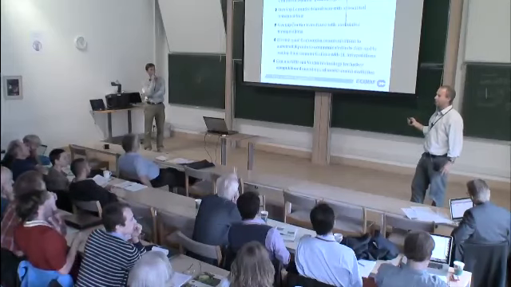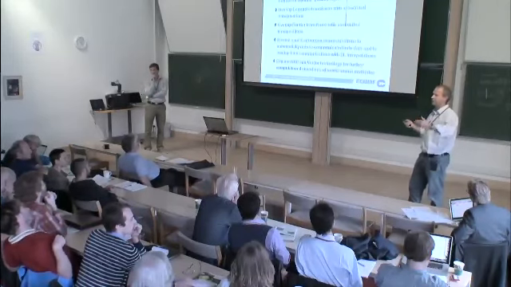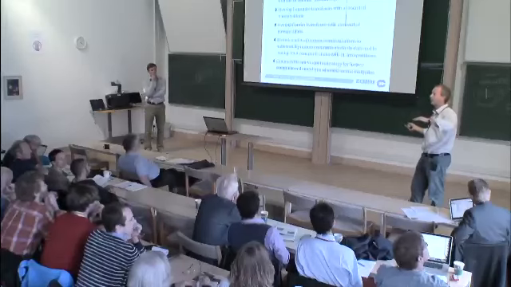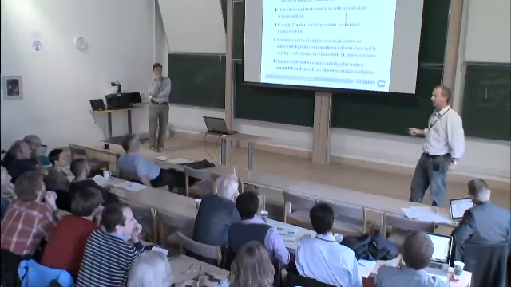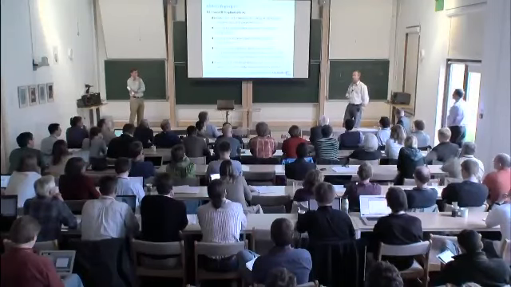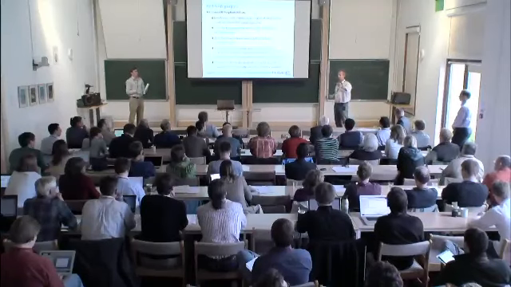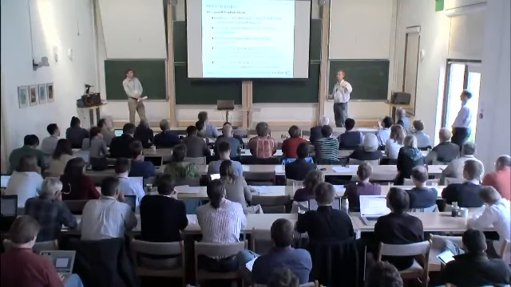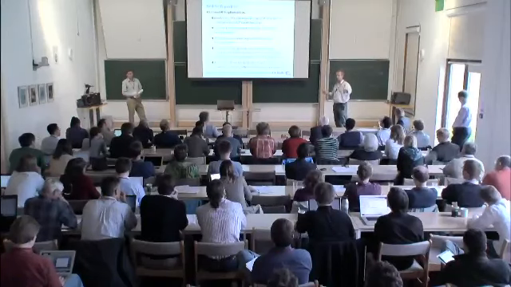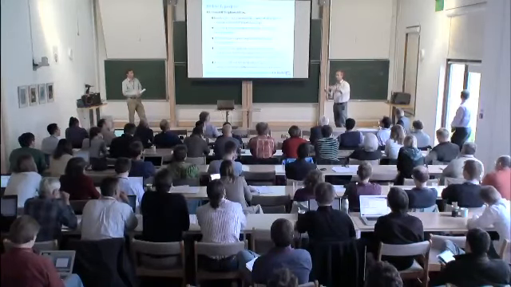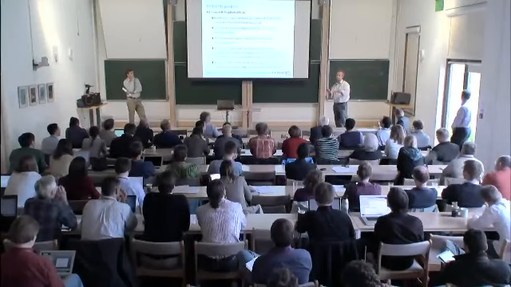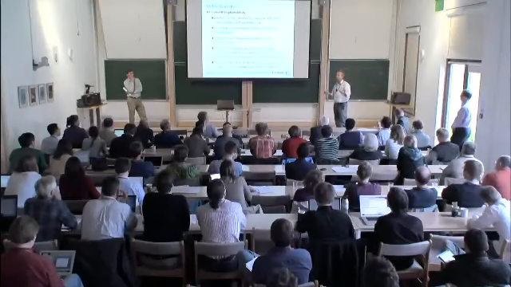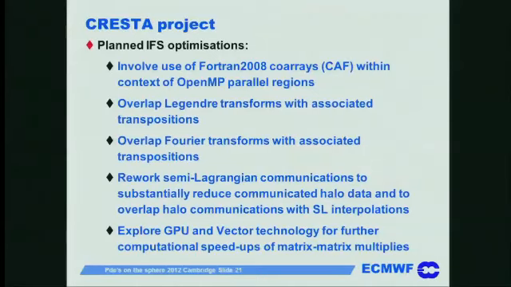And this really cuts the overhead of the communications, because you can hide the communications behind the cost of the computations. And we have some great hope that, through the combination of hiding the communications plus advances in computer technology with respect to vector technology and GPUs, we can bring down the overall cost further from the cost that is involved in the transforms, i.e. the linear algebra. And so with the combination of the two, yeah, we have hope that it will, in fact, also scale to 1